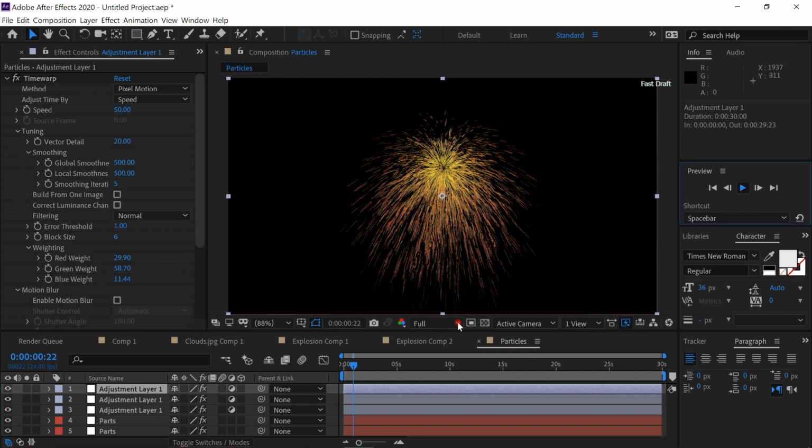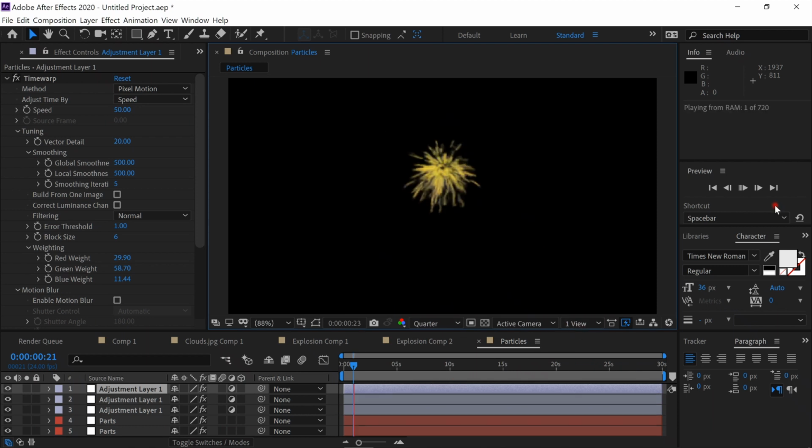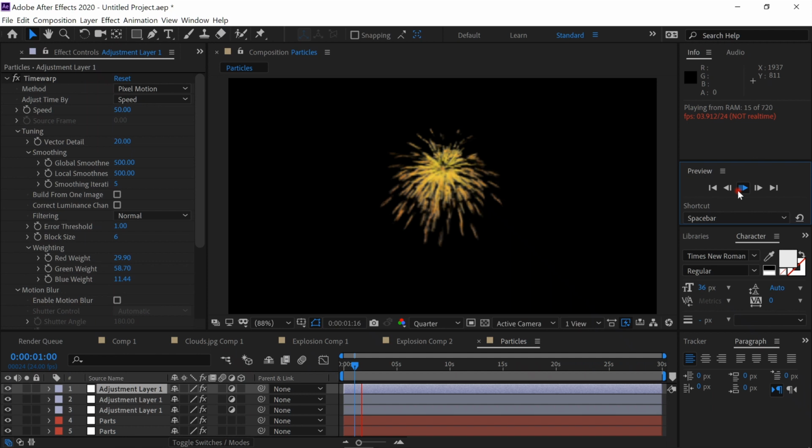Let's reduce from full resolution to quarter. Perfect. Let's go back to our Comp 1,